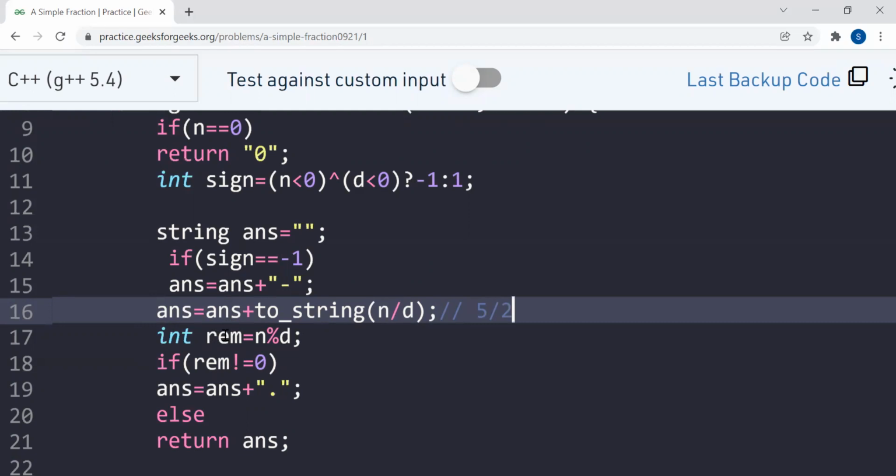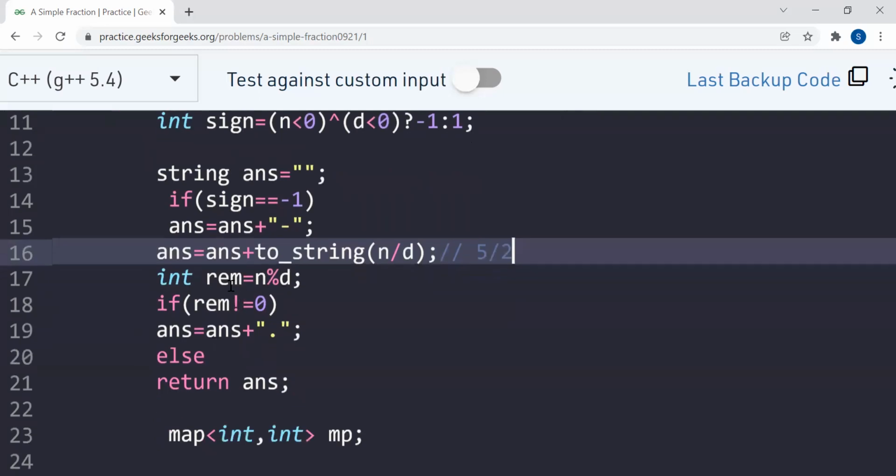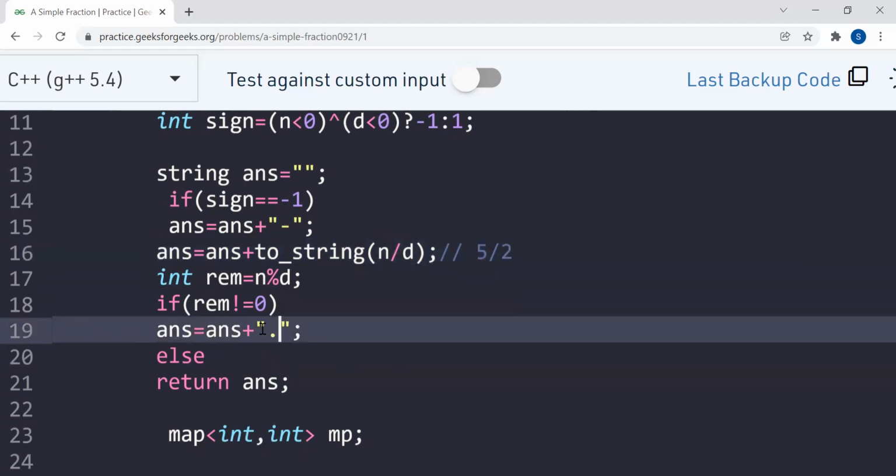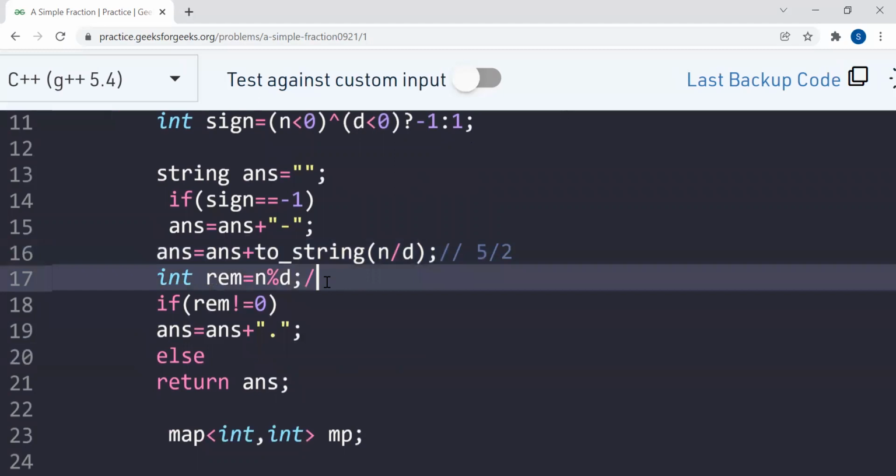And after that, in the rem variable we are storing the remainder, where we will get the remainder 1. So after that, if the remainder is not 0, then obviously we will get digits after the point. So for this we will add the point to our answer string. Otherwise, if our remainder is 0, suppose the remainder is 0 in this case, if we are calculating 4 by 2, right?